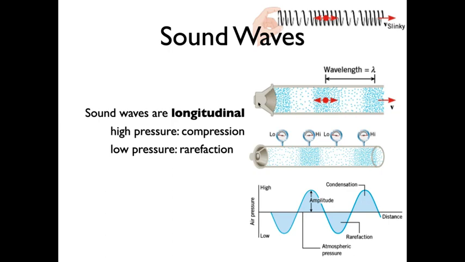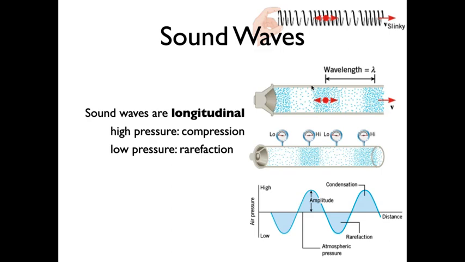So here's a cross section of a speaker. Inside a speaker, there's a cone that is vibrating back and forth. And as it does, when it pushes forward, it pushes air molecules closer together than they would be in their equilibrium position. Then when it moves backwards, air molecules get spread further apart than they would be normally. And so this sound wave of alternating high and low pressure regions travels forward,